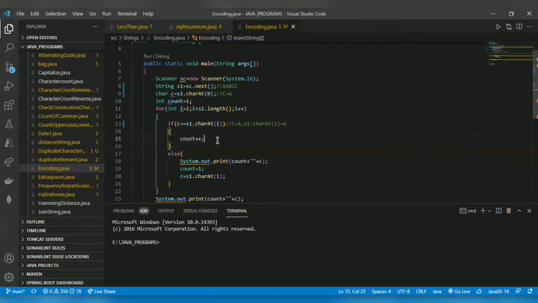Already the count is 1, now the count is 2. After that, i will get incremented to 2. s1.charAt(2) is also A. So the count will get incremented to 3.